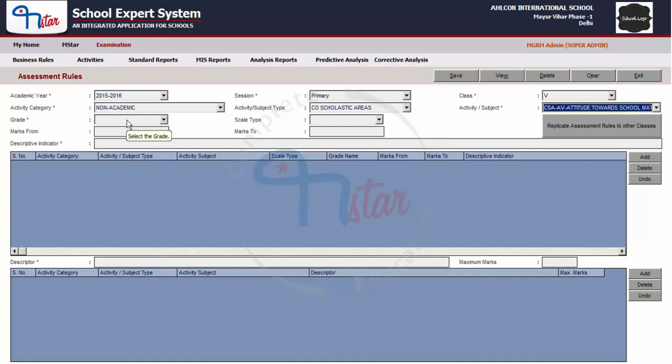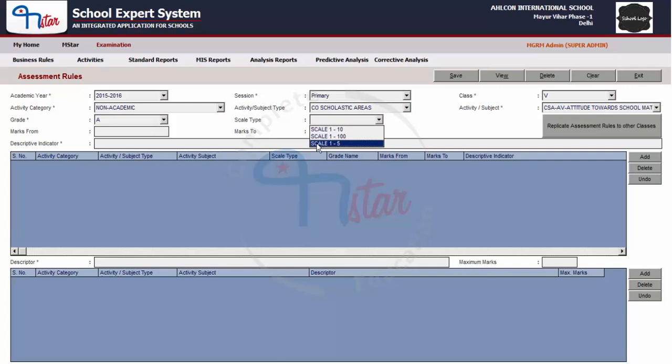In the next field, grade, select the grade for which the descriptive indicators that we are going to define will become applicable. Then select the scale type. For non-academic subjects, that is the core scholastic subjects, the scale type is generally 1 to 5 as per the CCE guidelines.